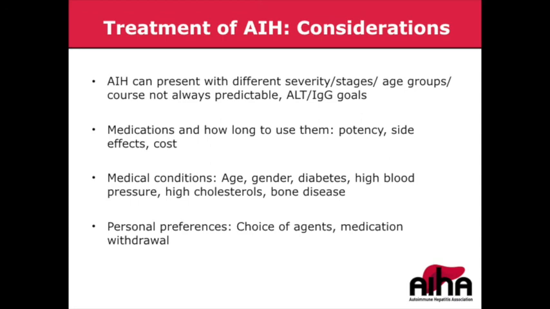So if you try to combine all of these up front or at any point in the continuum of care, you could see that there's probably 12 different iterations at any one point. And so I would say I've never seen two patients with AIH that look the same and got treated the same way. There's always something that's being done a little bit different.